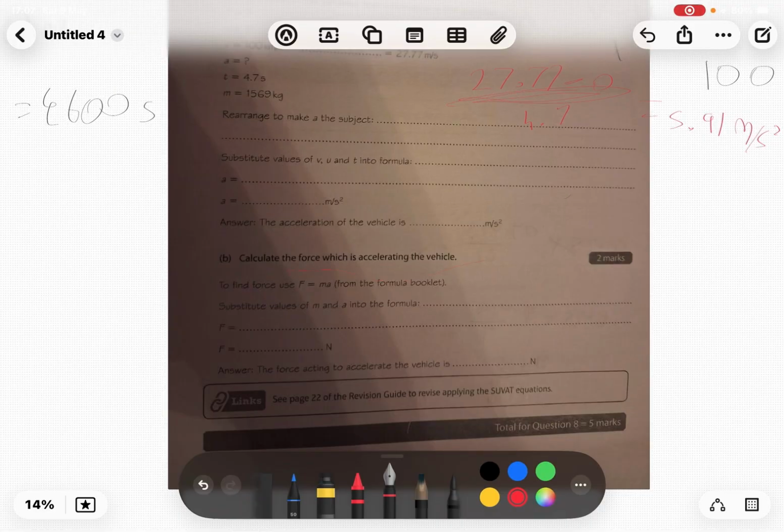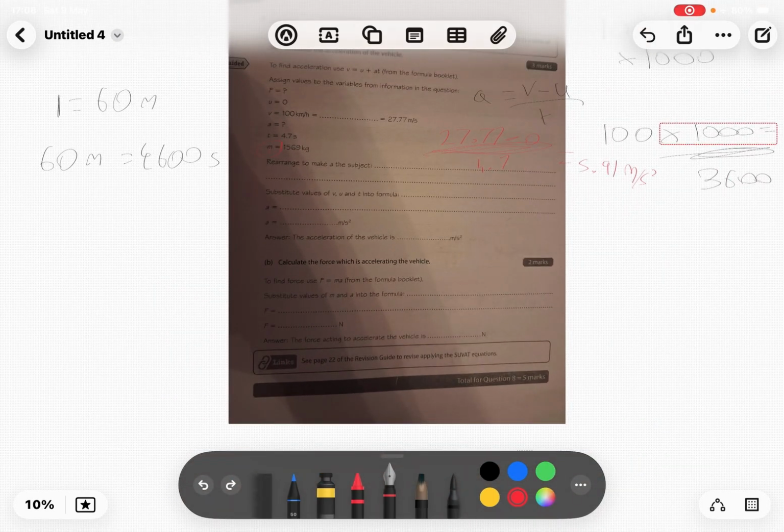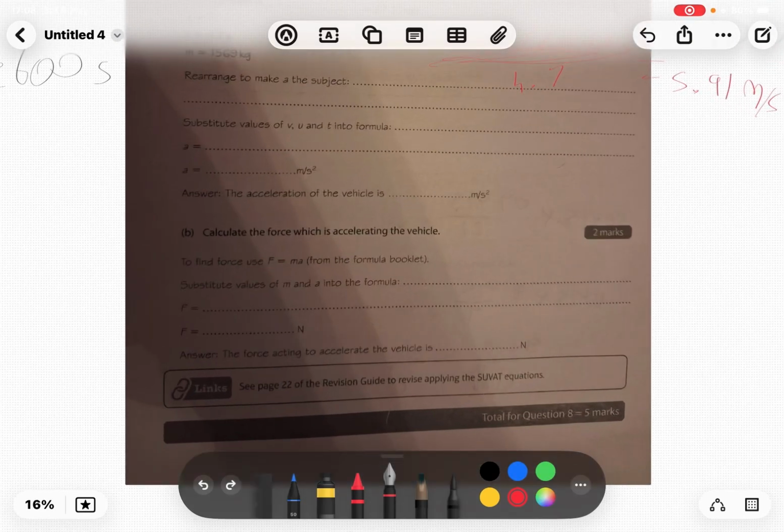Calculate the force, given the acceleration of the vehicle. So we have to find the force. To find the force, we use this formula. We have the mass and we have the acceleration over here, so we just times these two. So